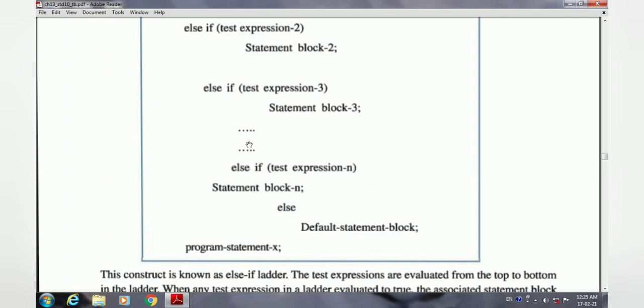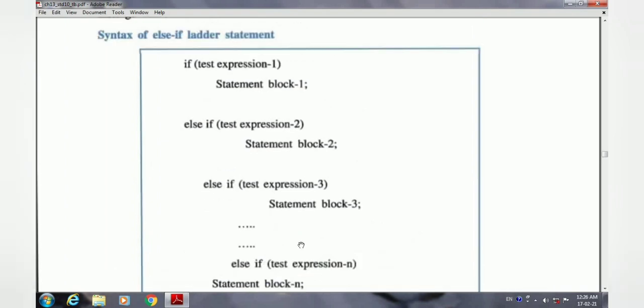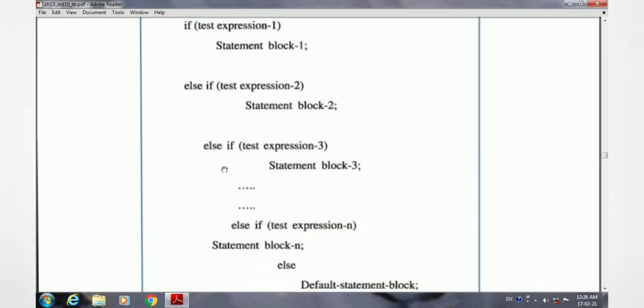If any condition is not true, then the else part will be executed, the default statement, and then after that the program statement X. So like this we can use the else if ladder to write multiple conditions.